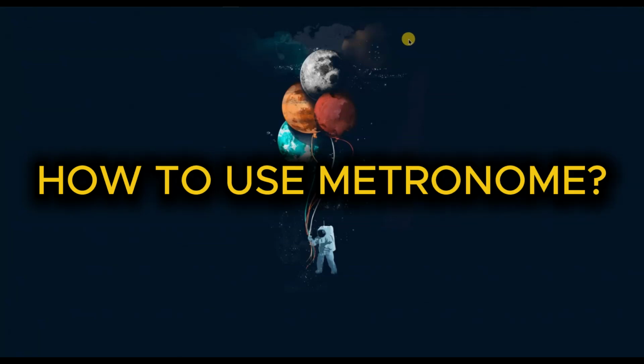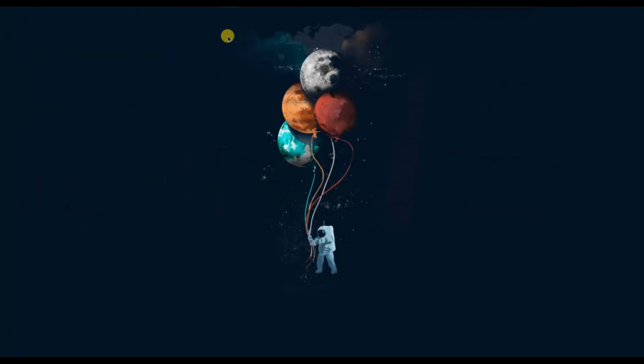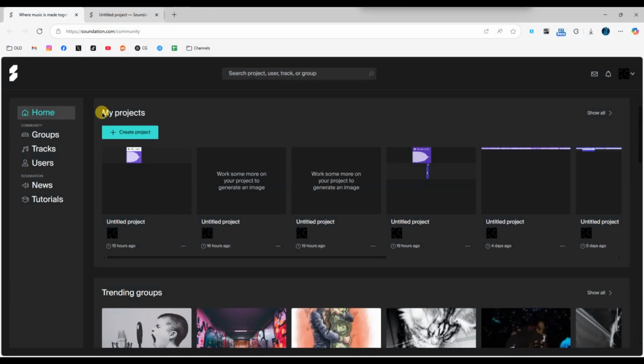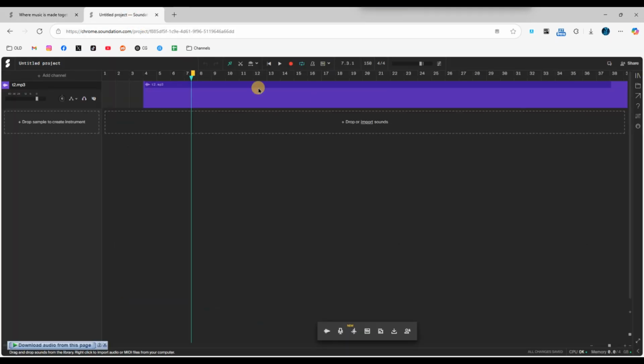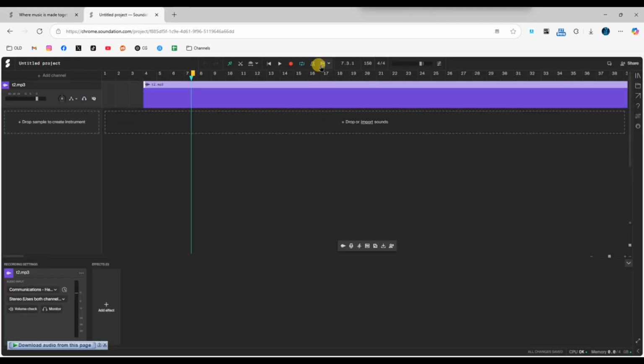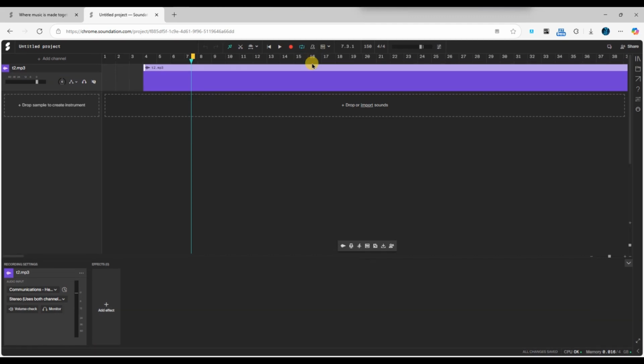How to use the metronome in Soundation. First of all, open your Soundation project. At the top of your screen, you will see the metronome button. It looks like a small clock or a ticking symbol. Once you find it, simply click on it and the metronome will be activated, giving you a steady beat to